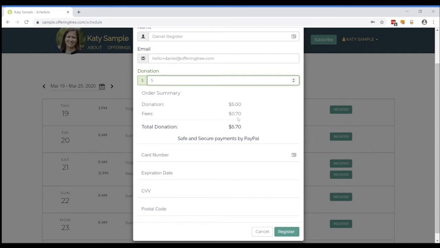You can also set them so that you absorb the fees as a teacher, in which case the fees would not be passed along to the student. But since I set them up to pass along to the student for this event, you'll see that the total is now $5.70. I'll now go ahead and enter my credit card information,